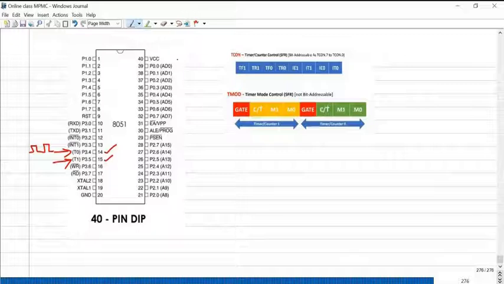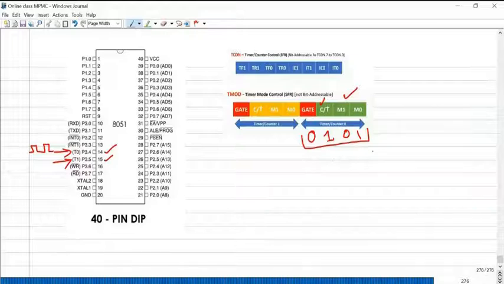Let us check. Timer 0 counting mode, counter 0. So for counter operation, this pin should be 1, not external hardware control. M1, M0: I'm going to use mode 1, so 0, 1. Okay.